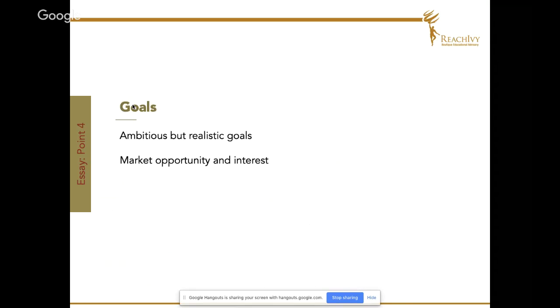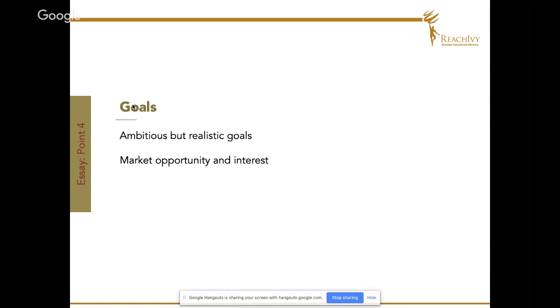The next thing at this point, and I think over the last couple of years, I've seen a lot of students really, really struggle with this aspect, is goals. Is my goal realistic? Is my goal too ambitious? I honestly don't know what goal I should be following. Now, two words can define your goal, and those are the two words you need to live by. Select ambitious but realistic goals. Now, what do we mean by ambitious but realistic?